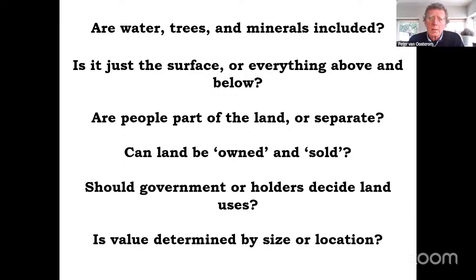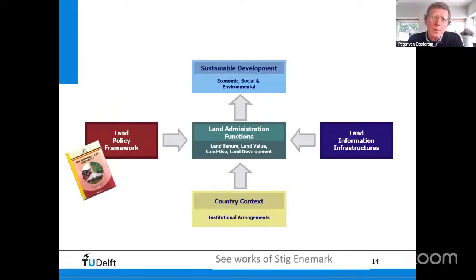And who is deciding who can do this? And who is deciding on the value or location of the pieces of land that people can buy? So a lot of policy. And here you see that the policy framework in a country is also kind of context or guideline for land administration. As we saw, it's also based on the information infrastructure